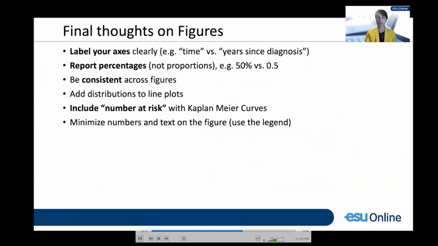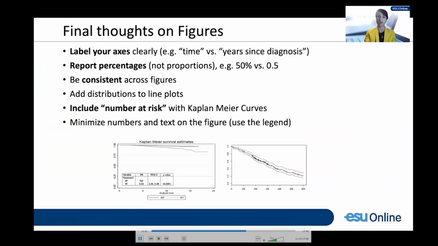So again, label your axes. Make sure to report percentages rather than proportions, just because you're thinking about how our minds work and what's going to be the easiest way for your reader to take in the data you're presenting. Be consistent across figures in terms of colors and font. It's more visually pleasing, but it also looks cleaner, and it looks like you put a little bit more time into things. It's important to add your distributions to your line plots, and certainly add the numbers at risk